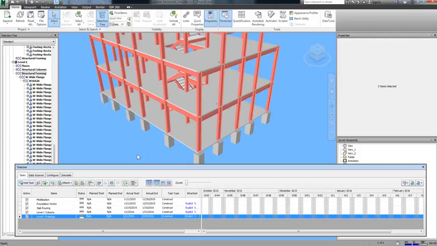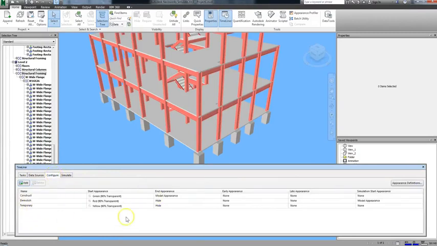In this lesson, we'll cover the Configure tab in the Timeliner. The first thing you need to do is, from the Timeliner, click on the Configure tab. This tab lets you change the appearance of your model during its different phases. This lets you set how the model will look at any time during a particular task, including its beginning and